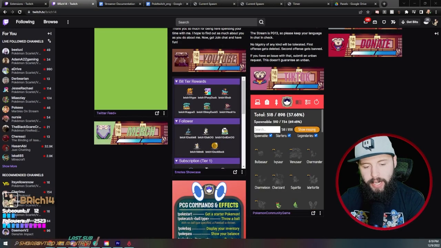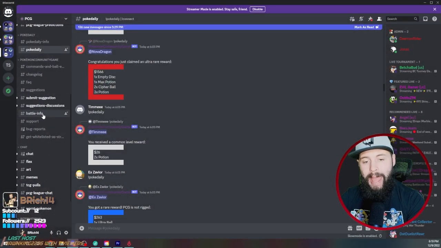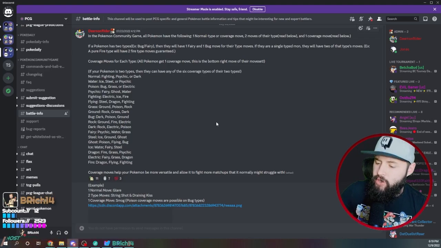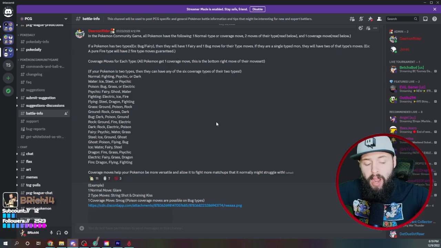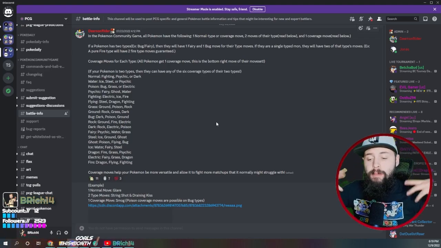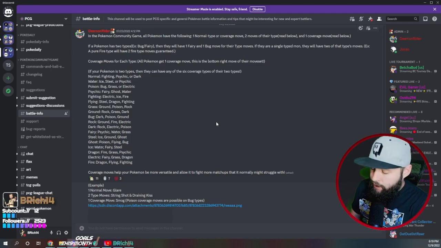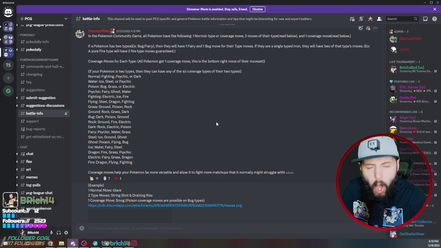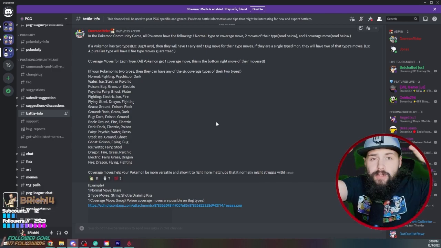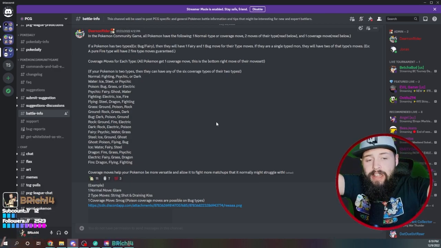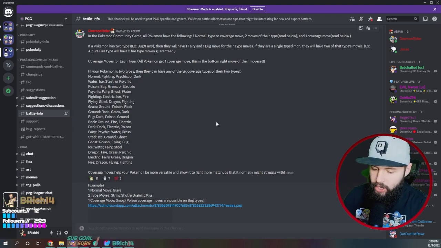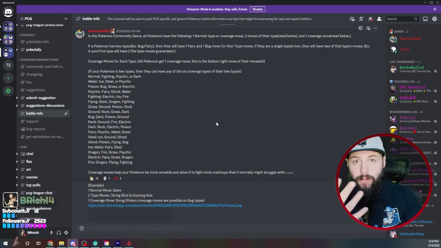Before we look into the Pokedex here, I'm going to pull back up the Discord and go over to this battle info channel just to show you a couple of important things about battling, because for the most part it really does function exactly the same as you might be familiar with: super effective moves and critical hits and speed and all that stuff. There are physical moves, there are special moves, there are status moves, but you can't choose individual moves for your Pokemon.